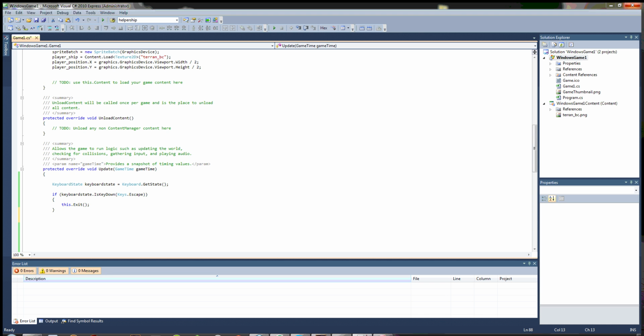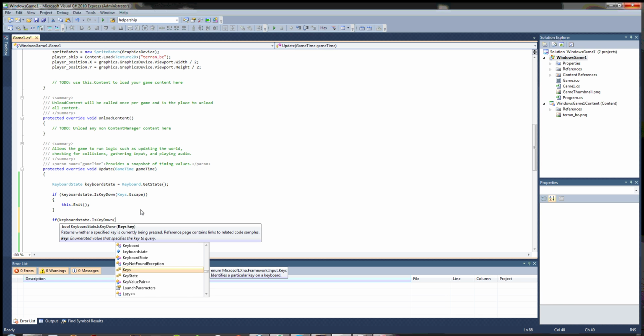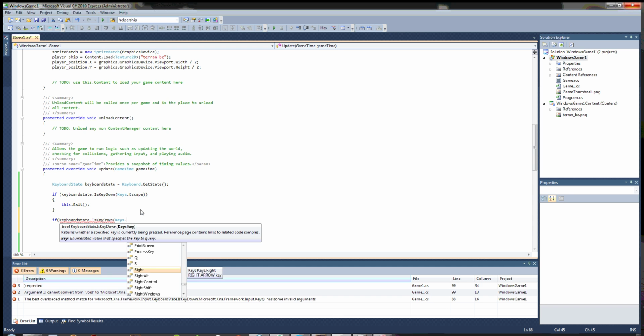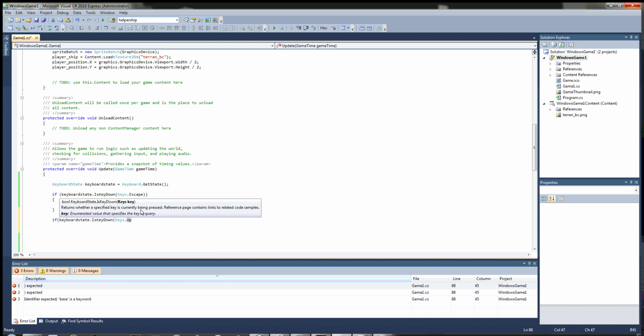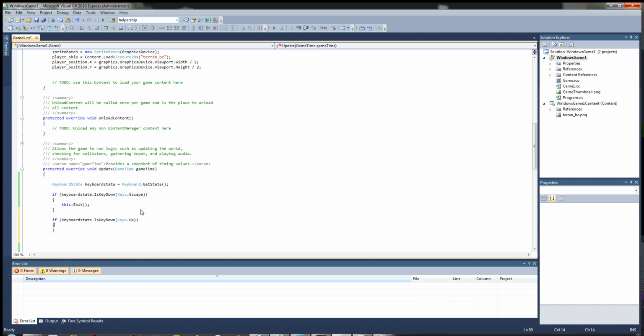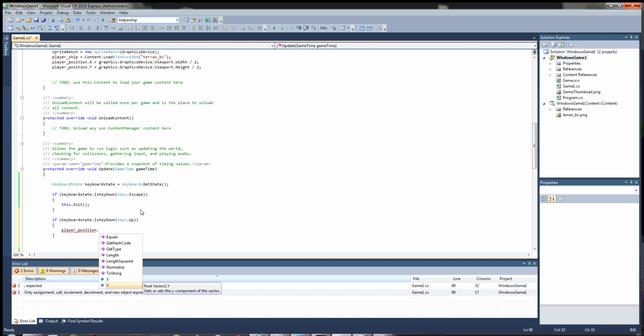Alright, so that's well and good, but we want to make the spaceship move. So how do we do that? Well, we'll just define another if statement. Set it up the same way. Keyboard dot is key down. In this case, we're doing keys dot up. Alright, and then we already created a variable that describes the position of the ship. I call it player position. You may not have called it that, but it's fine. So since we want it to go up or down,